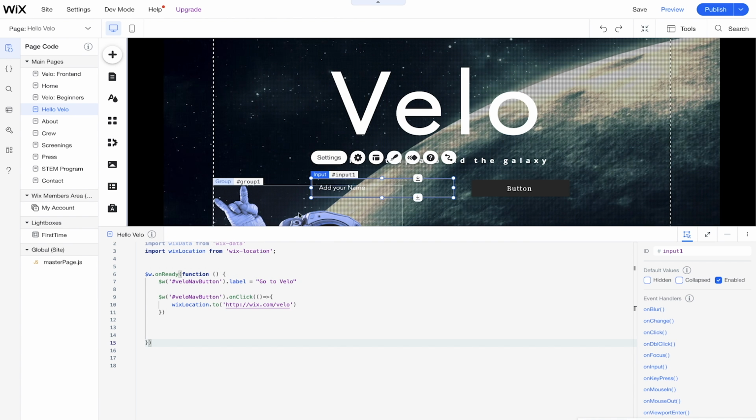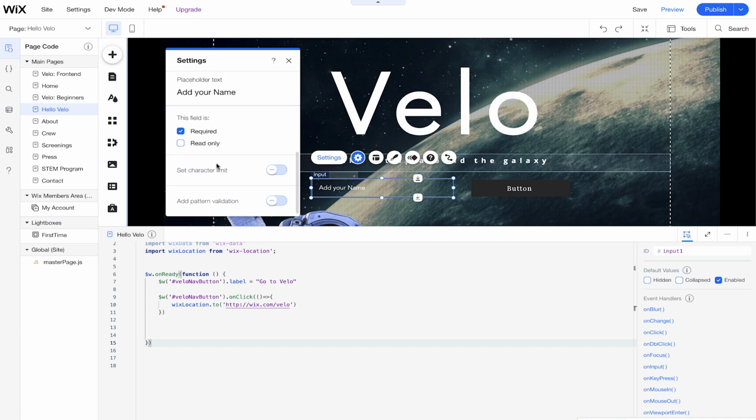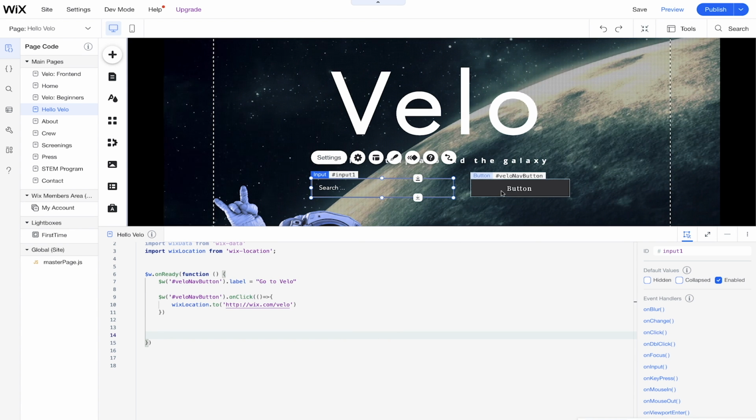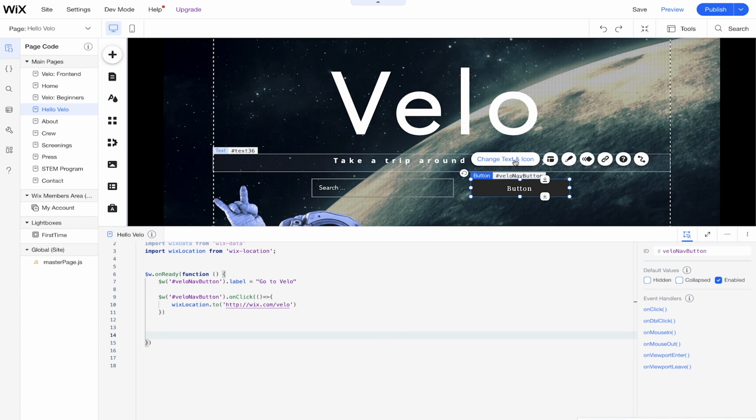Okay. So I think that should be good enough for right now. We can even go in here and edit our placeholder real quick, and we can have this say search. All right. And our button over here can also say, we'll go here to the bottom and we'll change this programmatically since I was showing you the same example before. And this button is going to say submit. Cool.